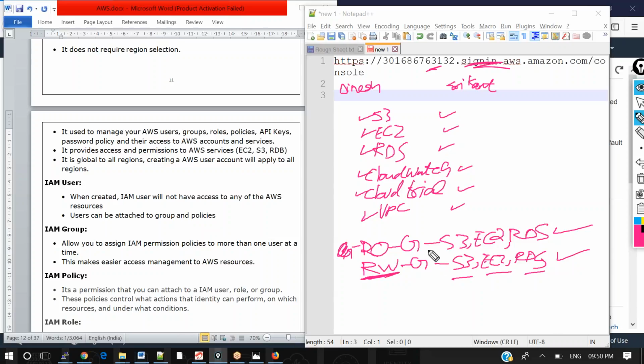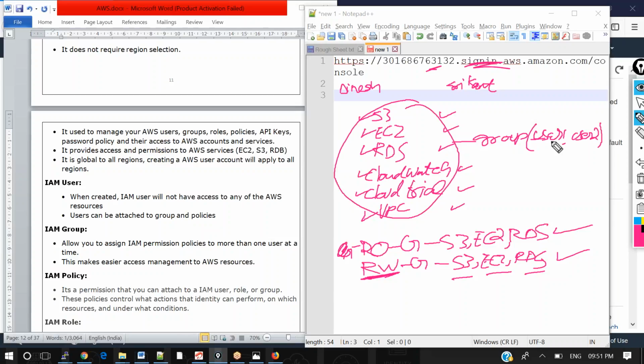So likewise, even if I have 100 policies or 100 services, I can put all together into a single group, and I can just add a user as part of this group, that is user 1 and user 2.